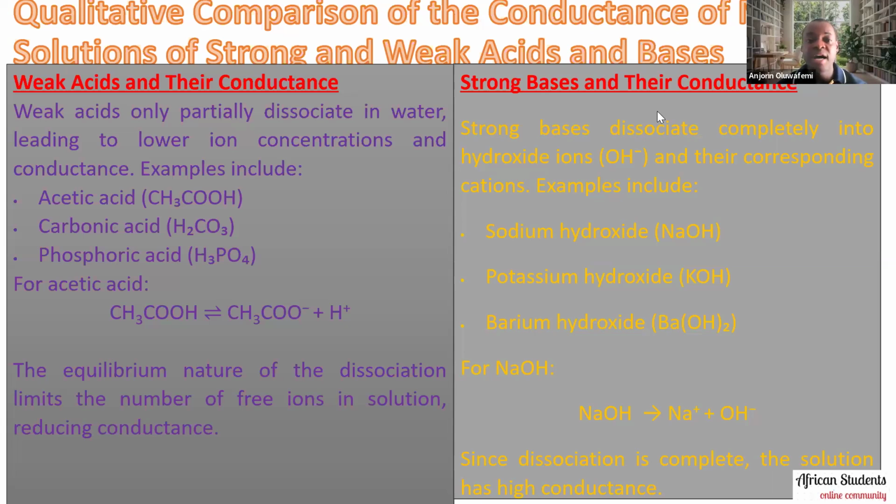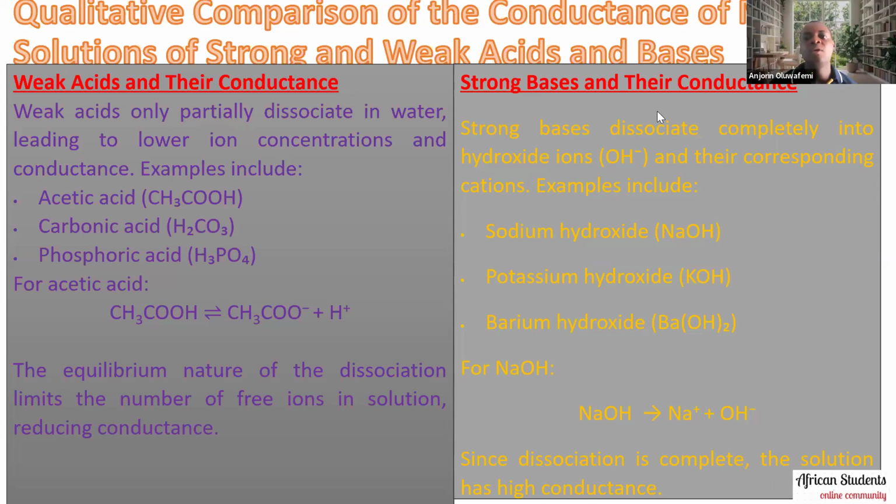Examples include acetic acid, carbonic acid, phosphoric acid. These are all weak acids. And when they dissociate, their dissociation is not complete. It's a partial kind of dissociation. So you discover that their conductance is also impacted negatively. Their conductance is lowered or reduced because of their inability to completely ionize or